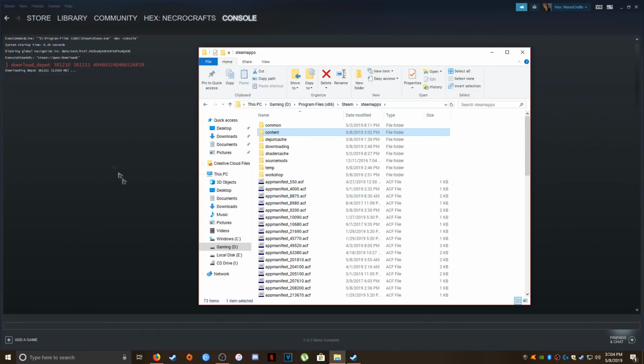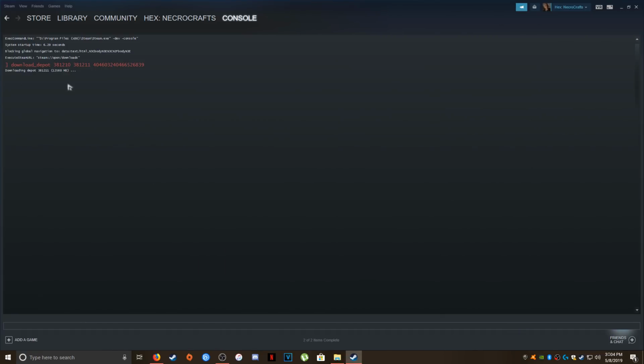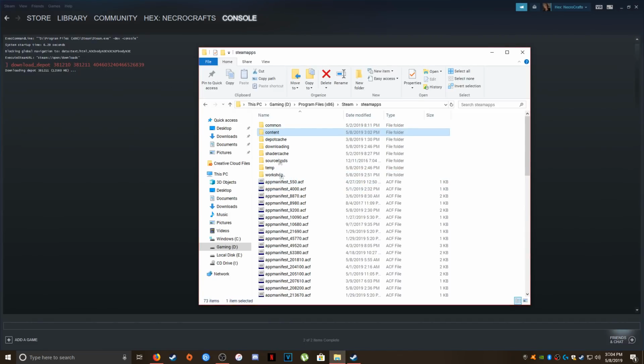But once the game is actually officially downloaded, you've waited long enough, your console will tell you the game is completed. It'll just stay like this forever. You just let it run its course. It'll eventually tell you everything's been downloaded, and you could basically go through the files at that point. I have already done that, so